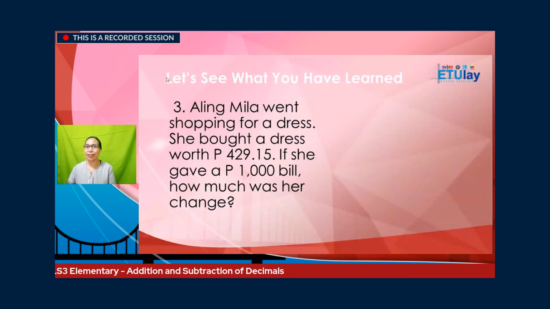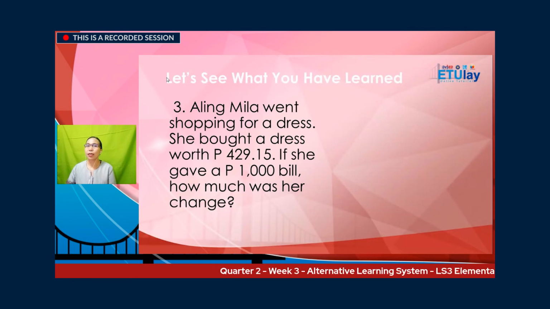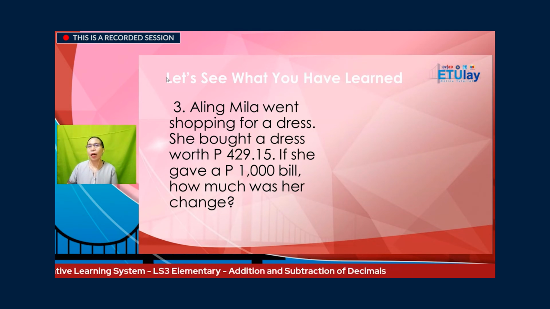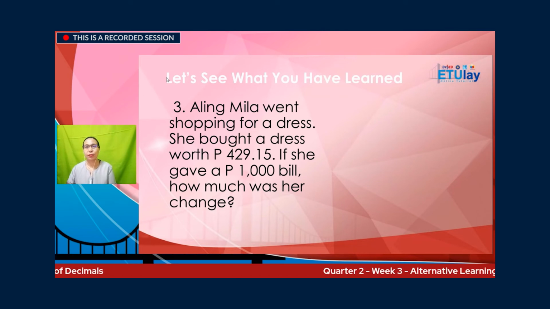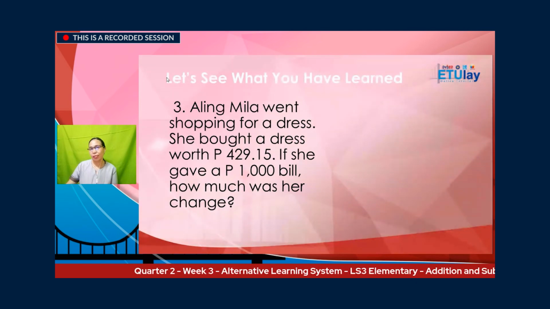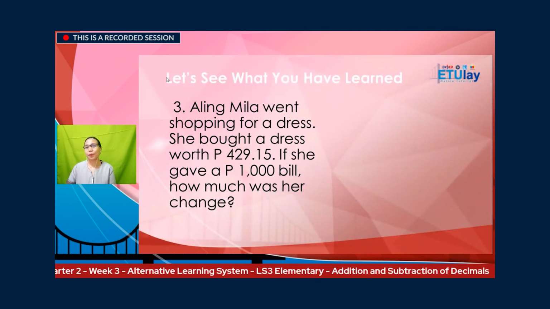Now let's move on to number 3. Aling Mila went shopping for a dress. She bought a dress worth 429.15 pesos. If she gave a 1,000 peso bill, how much was her change? Always remember the question, how much was her change? The answer is,